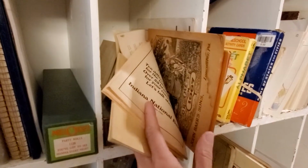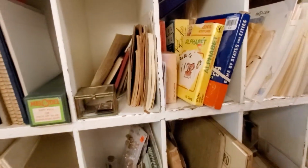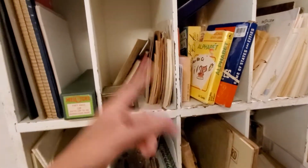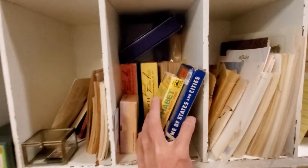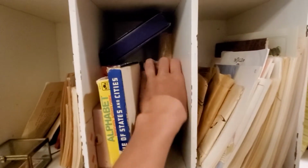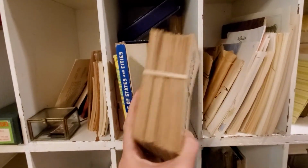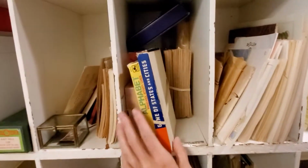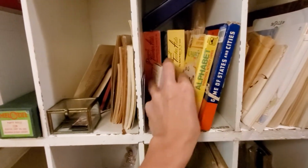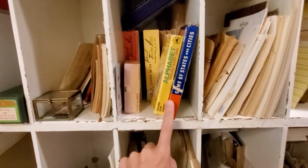Again, I like to keep these separate so they're easy to find, especially if I'm doing kits and stuff. A lot of times I'll throw one of those in with a hardback book. These are all flashcards. And also these really cool old gas cards. How cool are those? Gas tax cards. They would have gone in the gravity fed pumps so that you would know your tax. There are some playing cards in here too, but for the most part, these are just